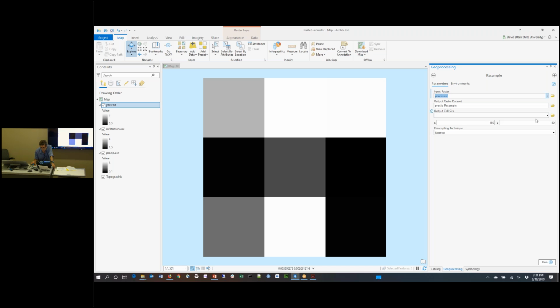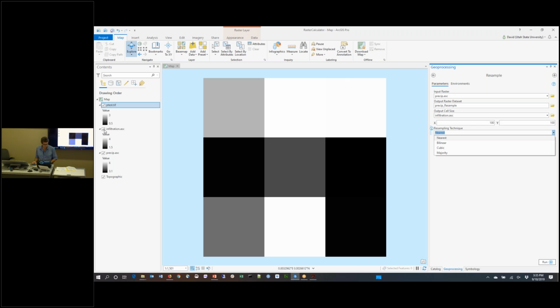It's got a cell size of 150, but when I specify the output cell size, same as infiltration, now I've got resampling technique. So I can actually choose amongst those. So that's why I would use resample, because I actually want to control it to, say, do a bilinear interpolation,